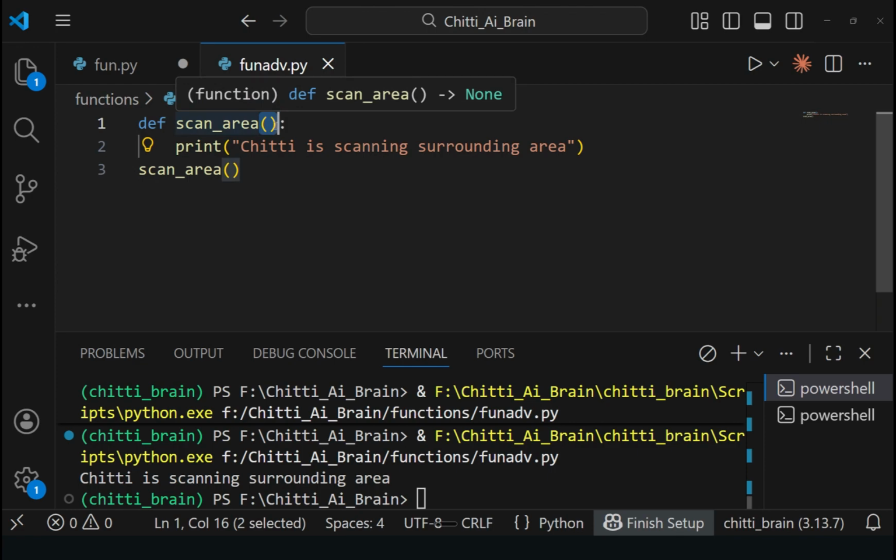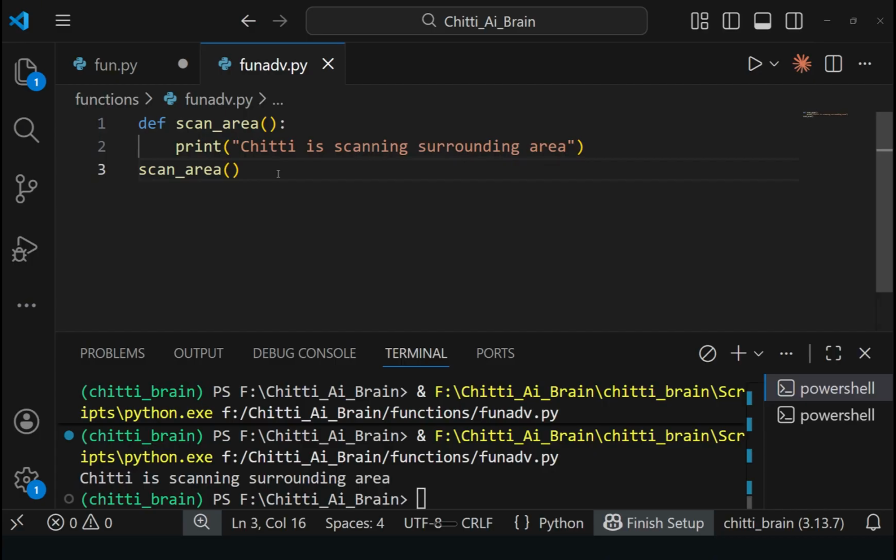We can give inputs like move direction, in which direction the robot should move, and in what speed. These are parameters. You can define input parameters like direction, speed and all. I will explain that.